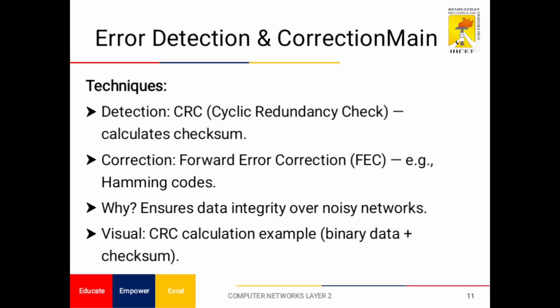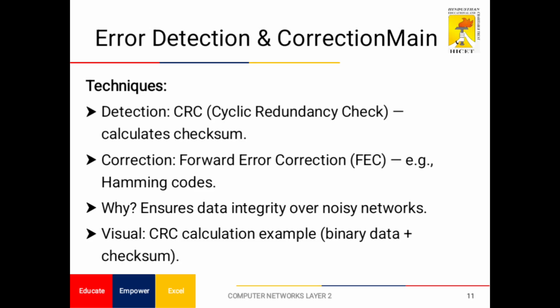An example of this processing is the Hamming codes. We do this to ensure data integrity over noisy networks. Noisy networks means misconception of data, misleading of data, loss of data. While calculating the cyclic redundancy check, we fetch the binary data